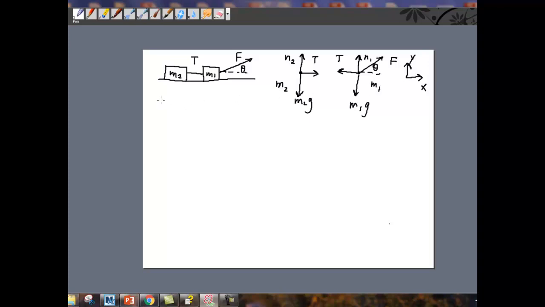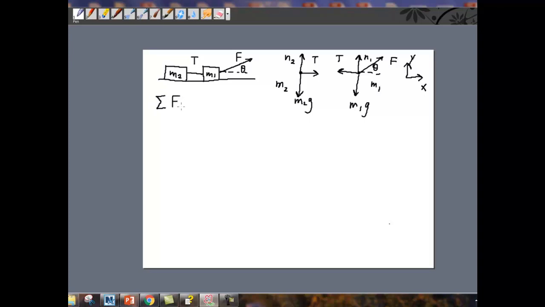So having defined the coordinate system, now let me write down the equations for Newton's second law along the X direction, because in this problem we're not asked to find any of the normal forces, and so we will primarily concern ourselves with just looking at the motion along the horizontal direction. So for mass M2,